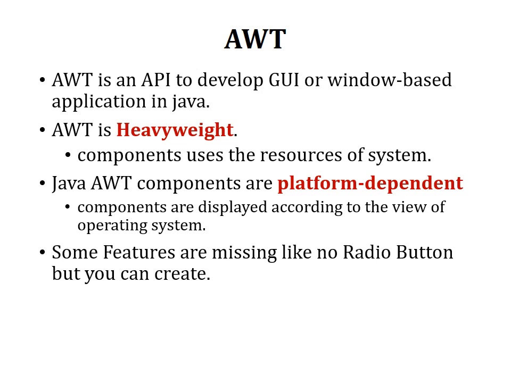For some features, such as radio buttons, we cannot directly create an object, as there is no class to create an object of a radio button, but we can still create one by using other classes, that is, checkbox and checkbox group. AWT also has less control, as the execution of AWT programs or GUI requires the support of the operating system, so there is less control as compared to other packages. We'll see this in the next few lectures.